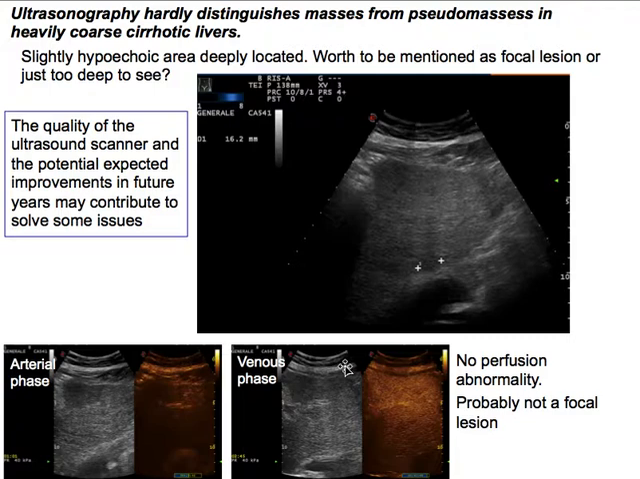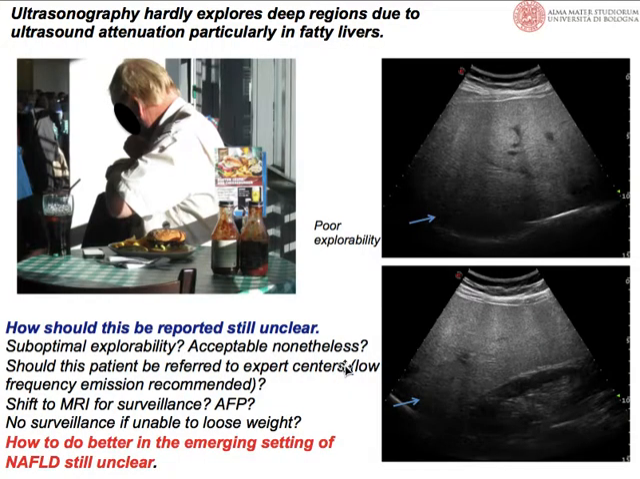And these are limitations which also require or could benefit from improved equipment, improved quality of equipment, and improved skills of the operator and experience in differentiating true lesions from pseudo lesions. One of the most important limitations at present is the increasing number of cases of non-alcoholic fatty liver disease in overweight patients. These often suffer suboptimal explorability, and we have to decide whether they are nonetheless acceptable, whether this patient